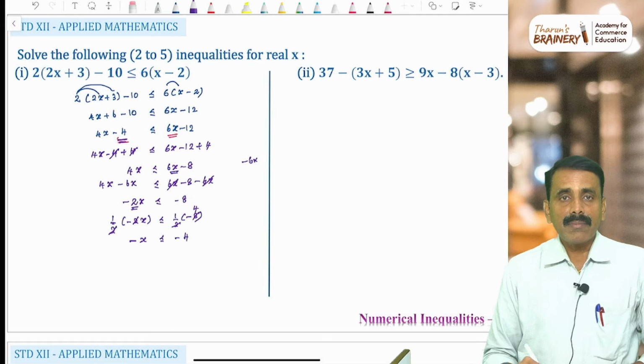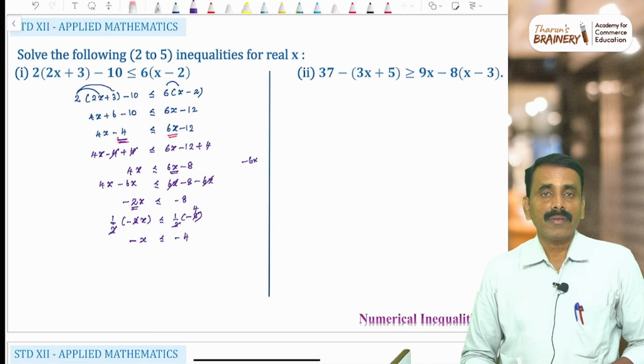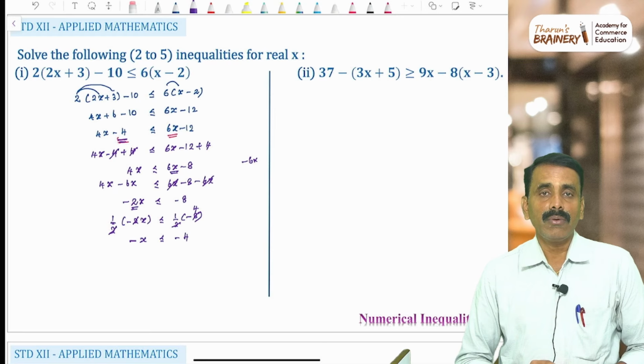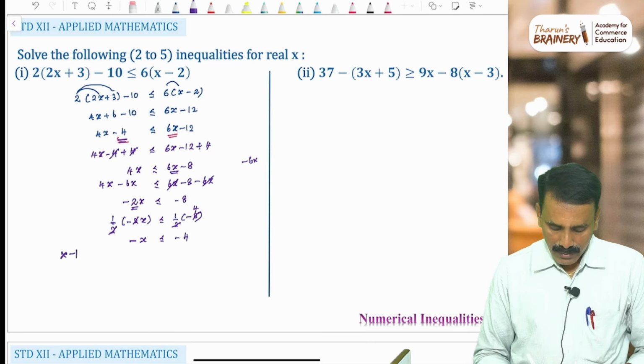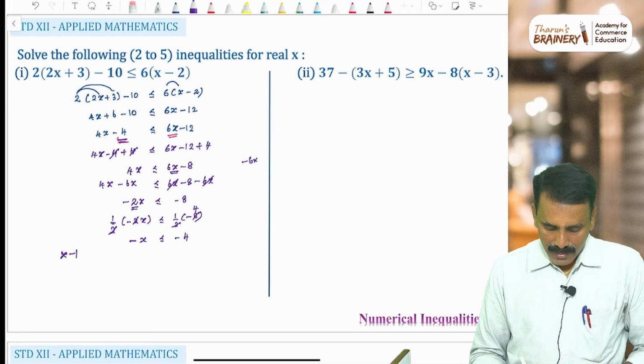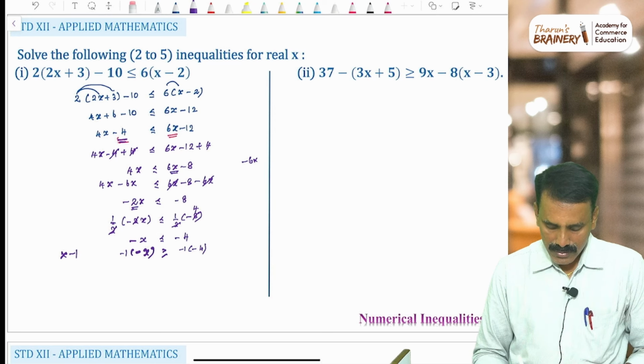We cannot simply cancel minus on either side. It is very dangerous in inequalities. So, to remove minus on either side, we multiply with minus 1. So, what will happen? Minus 1 into minus x, and on the right hand side minus 1 multiplied with minus 4. Now, this inequality less than or equal to changes to greater than or equal to. So, x is greater than or equal to 4